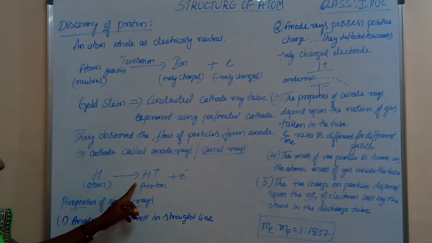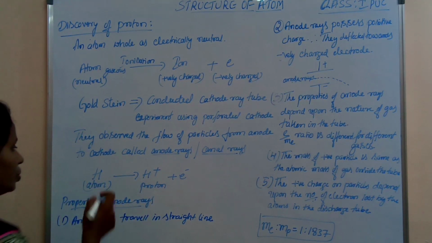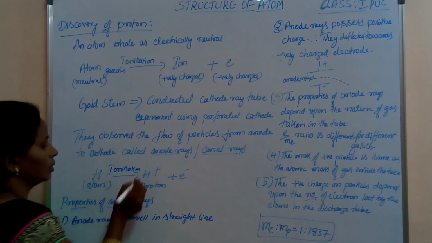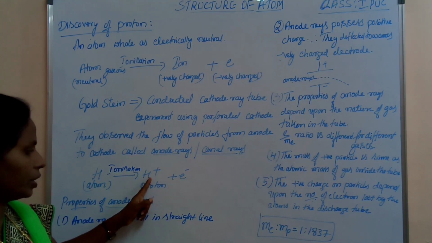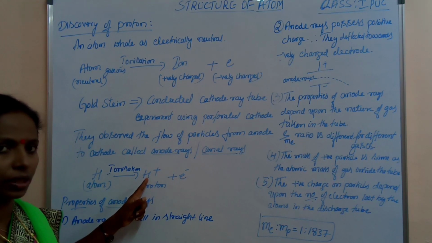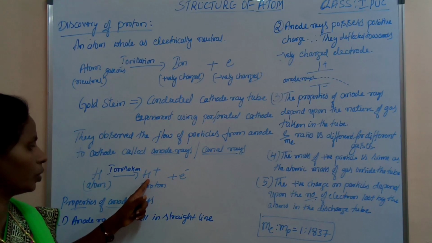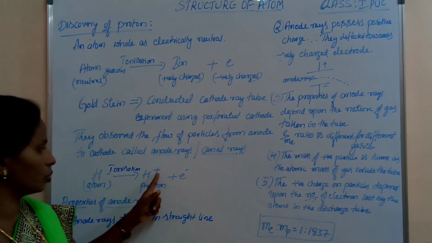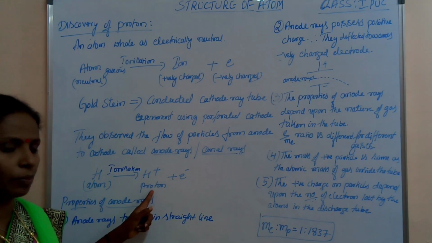He also conducted the same experiment using hydrogen in the cathode ray tube. He observed a stream of protons from anode to cathode. Here hydrogen undergoes ionization and forms a proton and an electron. The hydrogen atom has only one proton and no neutron in its nucleus, so when we remove an electron it gives a proton. So H+ ions are always called protons.